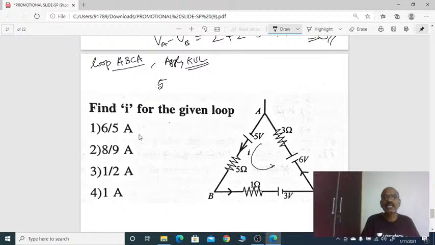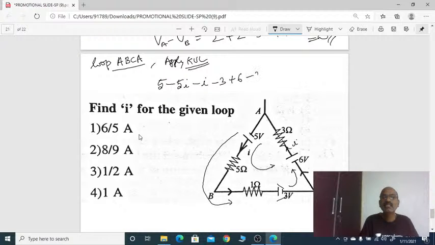So 5, starting from this route, rising potential, minus same direction current and resistance. So change in potential is 5, minus I, 1 into I. Next, there is a decrease in potential, so minus 3. Again here there is a rise in potential, plus 6, with current I moving in the same direction,